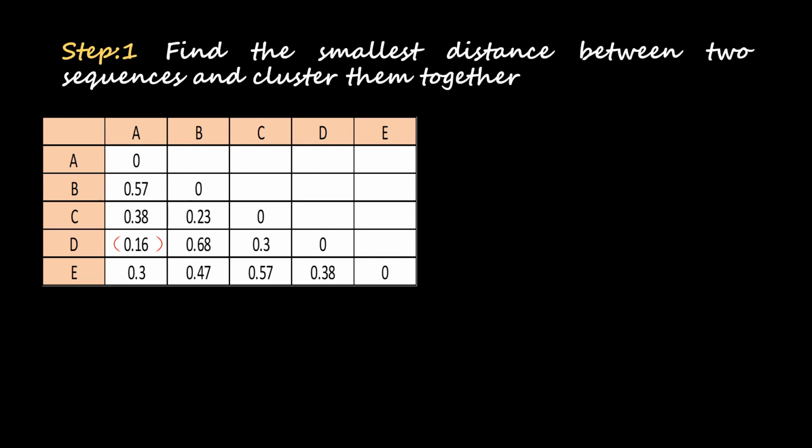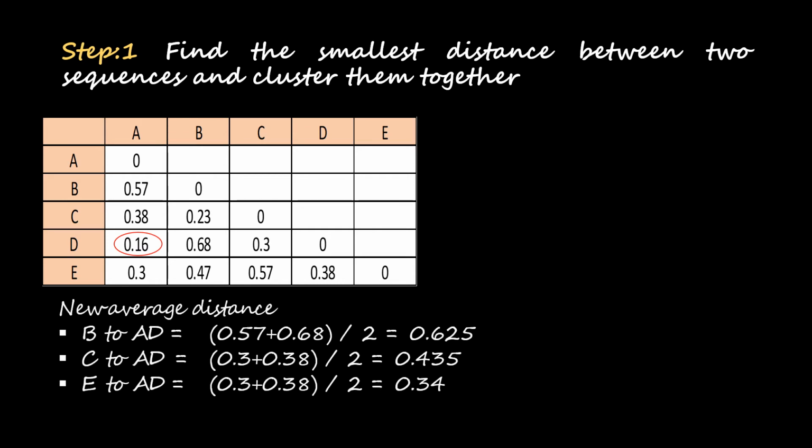We will look for the distance which is the least in this matrix. Since A and D have a distance of 0.16, we are going to group A and D in the next matrix. So for the new average distances, we are grouping A and D, so we'll calculate the new distances